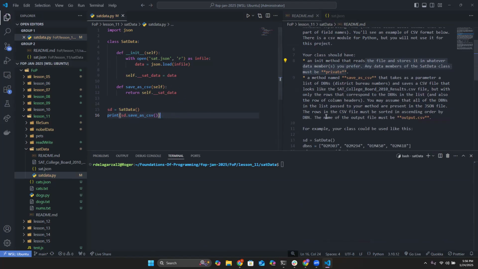Now, let's actually get back to the method at hand. And the way that it's supposed to work is we're supposed to take in a list of DBNs as a parameter, and we have to do something with them. Now, before we do anything with these, I need to know how to navigate to grab the information, right? I'm supposed to take in this list of DBNs, of district bureau numbers